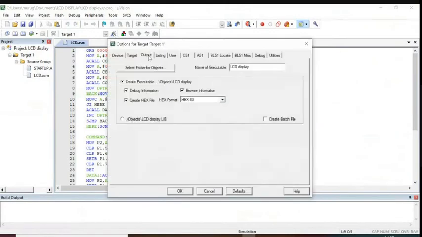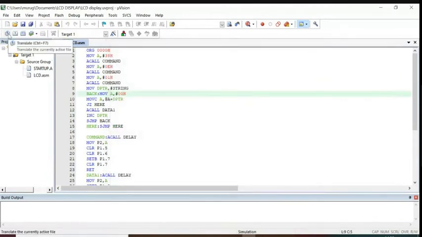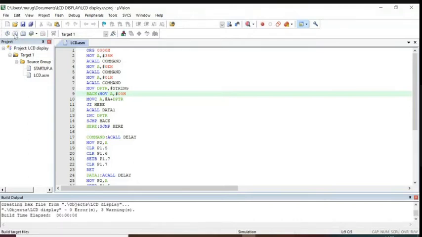Select your create hex file, target 11.0592 megahertz, 8089C51, and then translate, run, rebuild, build, rebuild. Your hex file is generated. That hex file available in objects LCD display.